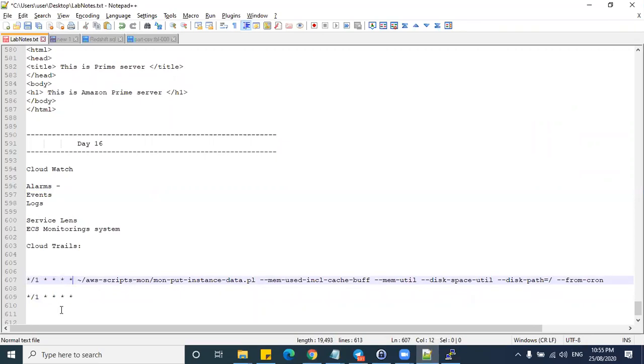Sorry, Harish, what's the initial star you said? Initial star means, see, altogether there are 5 stars. The initial star is minutes, the second star is hours, the third star is day of month, and this is day of week, like Monday. For example, if you want to execute only Monday to Friday, you can give it like this. And this is year. For year you can give a range. Say for example 2019 means only in 2019 it will run, or 2019 to 2021 means it will give the range.